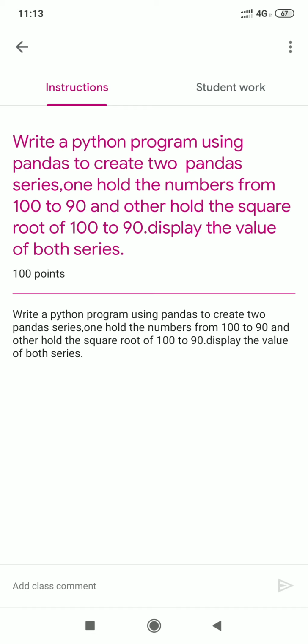We have to create two series, one holding numbers from 100 to 90 and the other holding the square root of 100 to 90. Okay. One series holds numbers from 100 to 90.